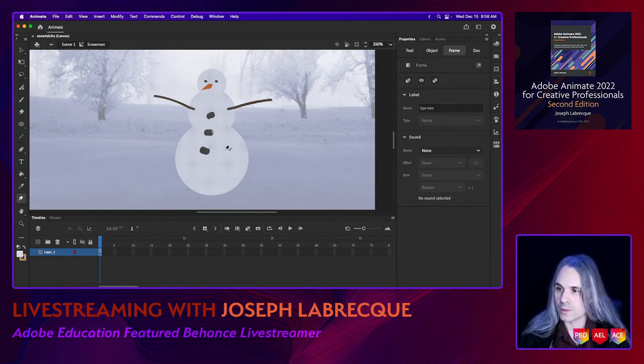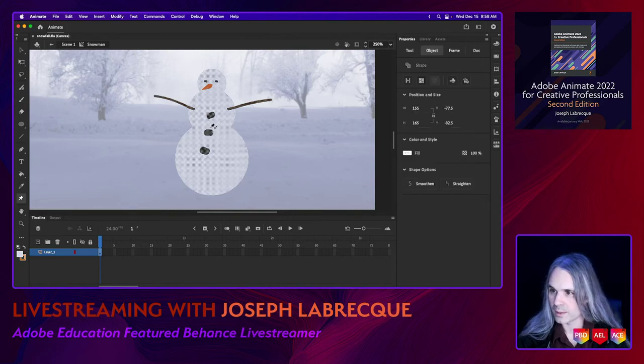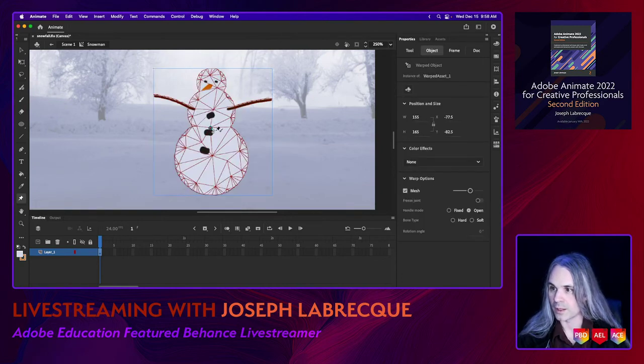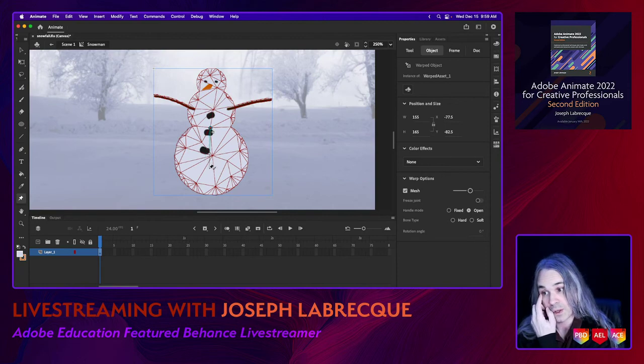So what do I want to be my root bone? Maybe his waist. So let's click. We can see automatically I get a little joint here, and I get a distortion mesh around everything. You can see there's a preview of the bone being created. So if I click down here,